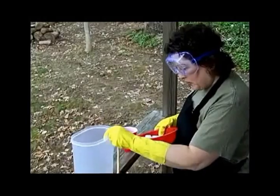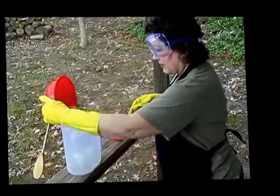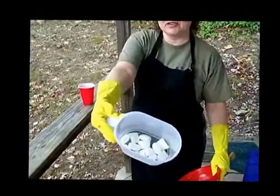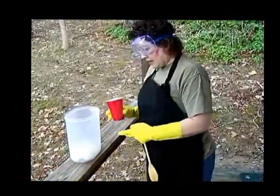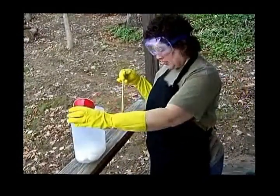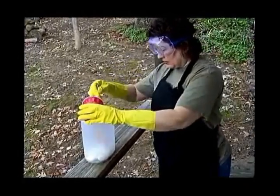Our porch works out really well for this. These are frozen coconut milk ice cubes. That's what I'm going to be using in place of water today. And you just start, this is 3 ounces of lye for this recipe, and you just start adding your lye to the,